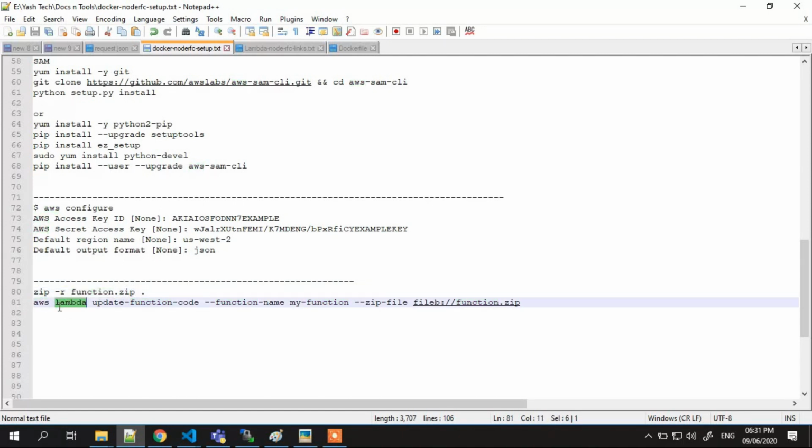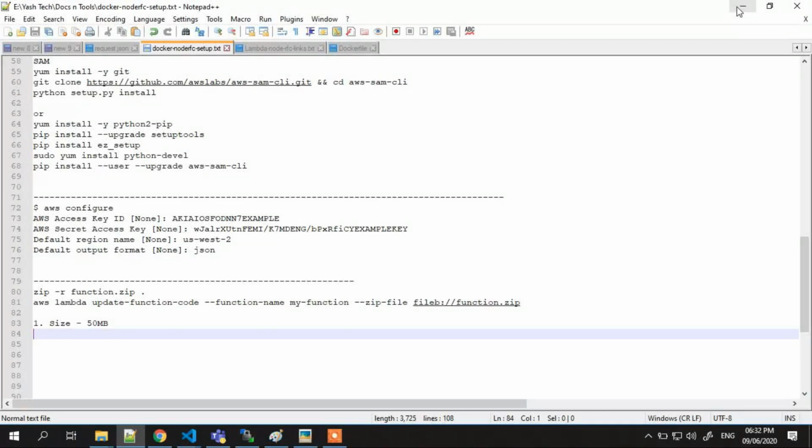So, aws lambda update-function-code. I had created a function before on Lambda. This is the name of the function, and then it will update the code. The first problem here was size, because it was exceeding 50 MB, and I had to stay within 50 MB and be more structured.